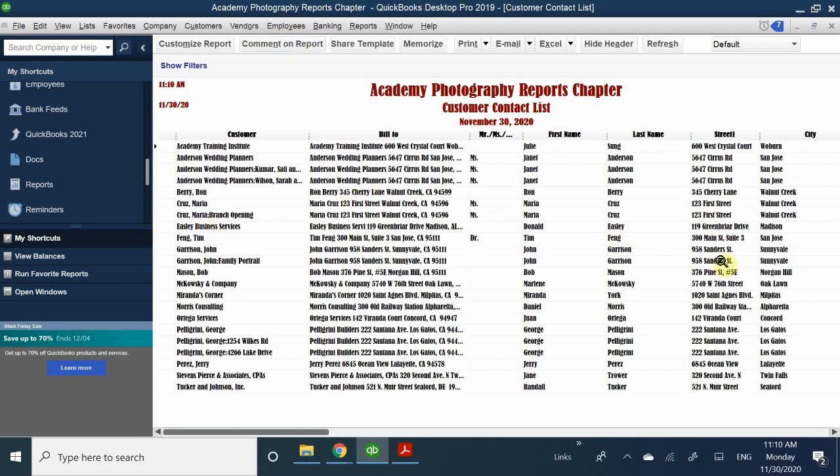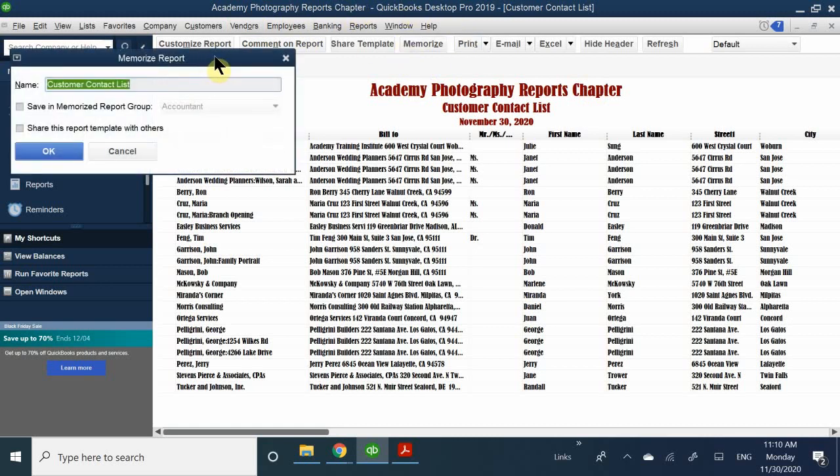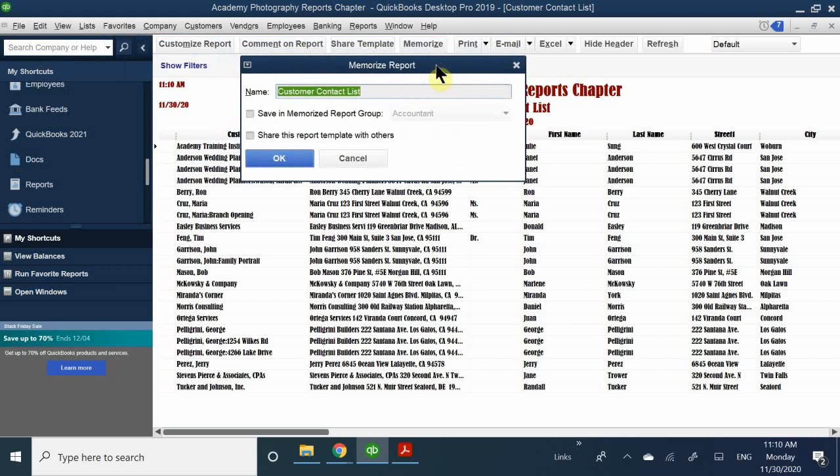Once you've done that, you can actually memorize this, meaning the next time you build the same exact report or another report, you can select this and just change the date, and it will save all the changes that you've made to this one. So here it says customer contact list. I'm going to write promotional ads, mailing, or promotional mailing